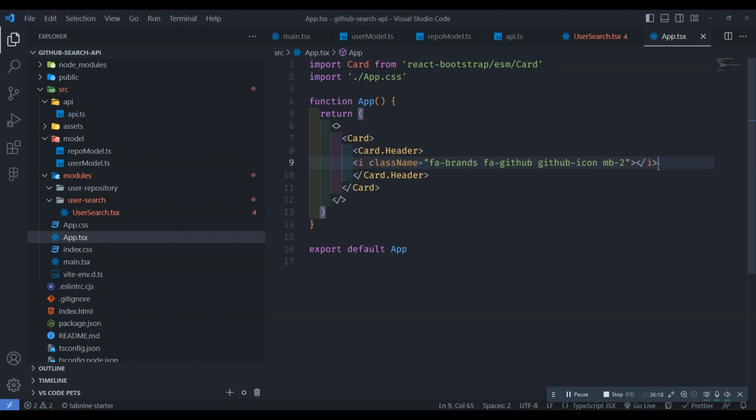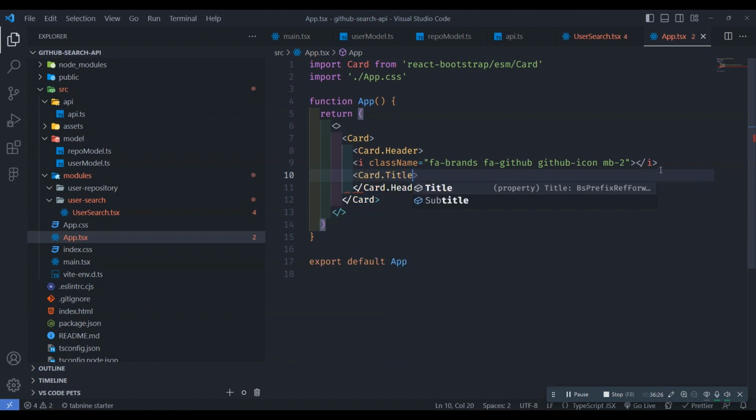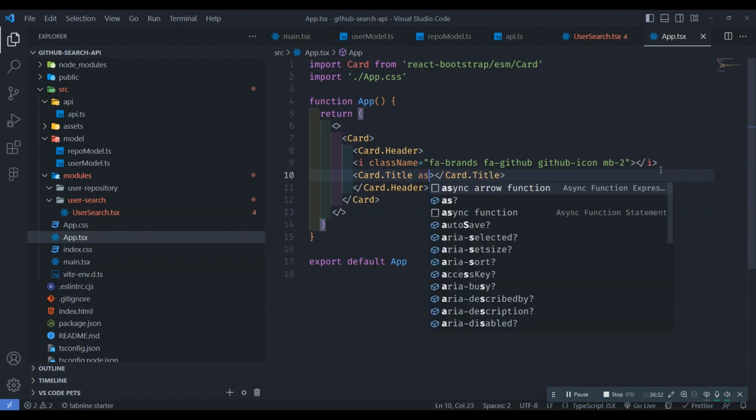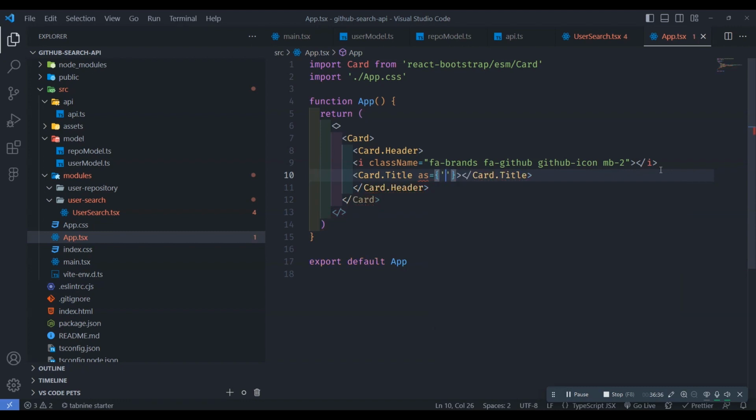This is from the icon with a GitHub icon, and the card title as H3 or heading 3 with a search GitHub user,